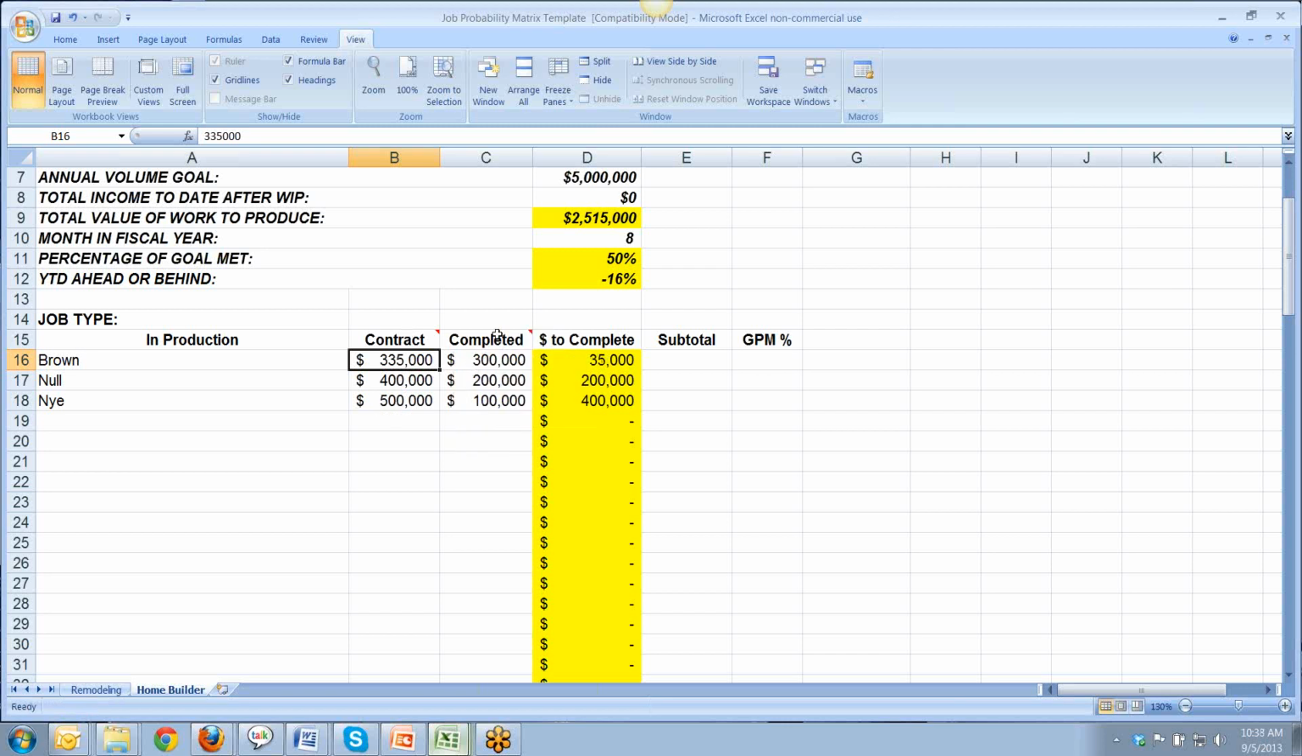Then I'm going to look at what's been completed so far at the end of the month. In this particular case for Brown, the contract amount was $335,000. $300,000 has been completed, so I still have $35,000 of revenue to come into the company. And then if I want to, I can figure out what my income is going to be, or my gross